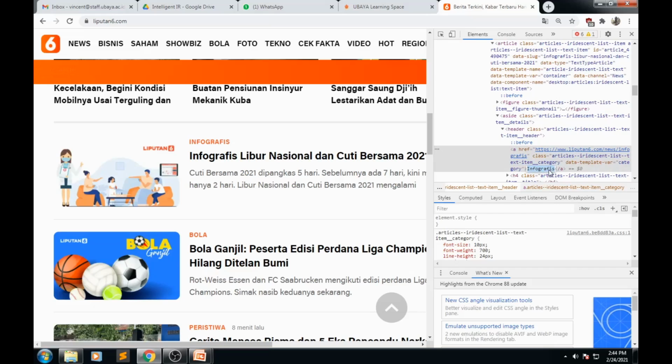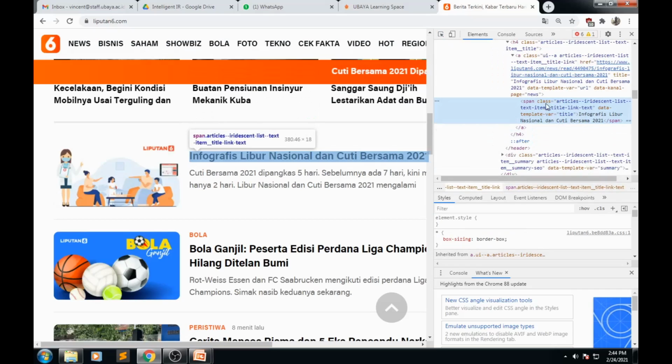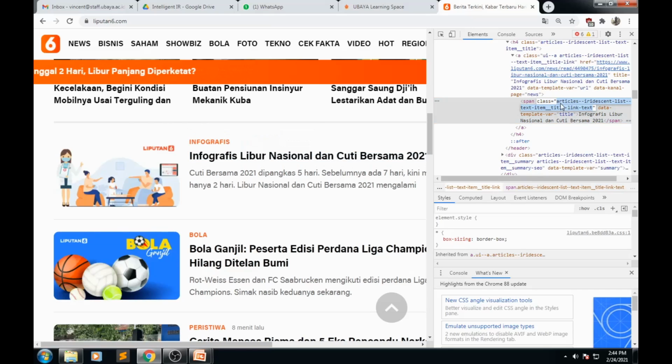Okay, then we search for the news title. Click the pointer in here, and you can highlight the news title in here. Okay, this is a span. There are two ways for the news title. You can use the text span with this class, and then this is the inner class.